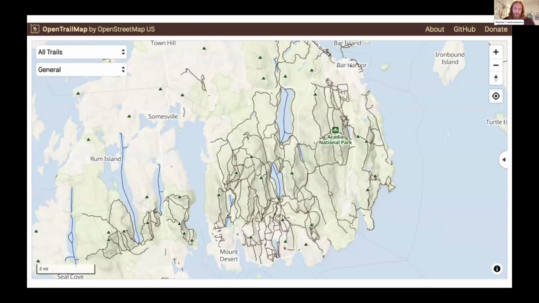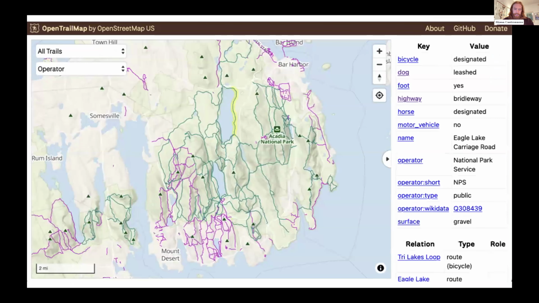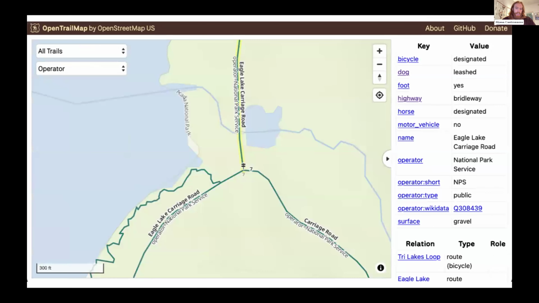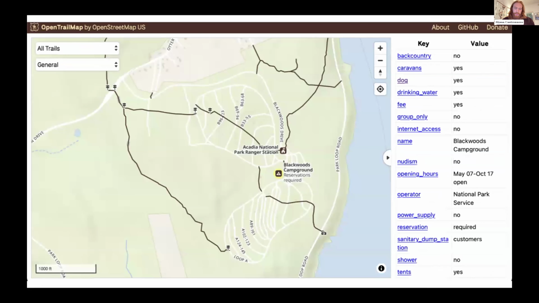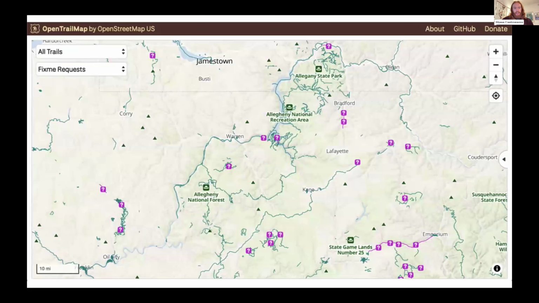So this is the tool for viewing trails in OpenStreetMap, and you can filter by different tags to see where values are present and where values still need to be added. A new change is that you can view the actual tag value when you zoom in. It'll just put it right there, so it's easy to figure out what's going on. There's a lot more points of interest, and they have little labels that have important information like, oh, this is a reservation required campground,